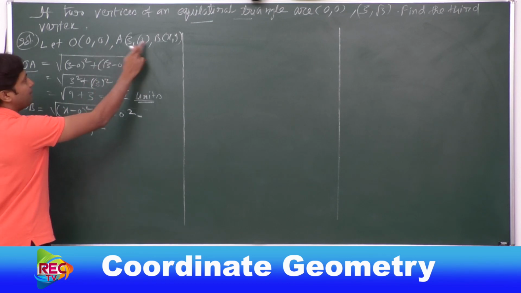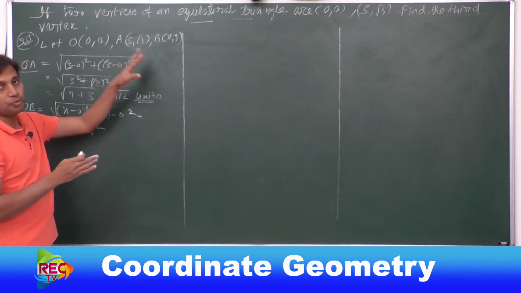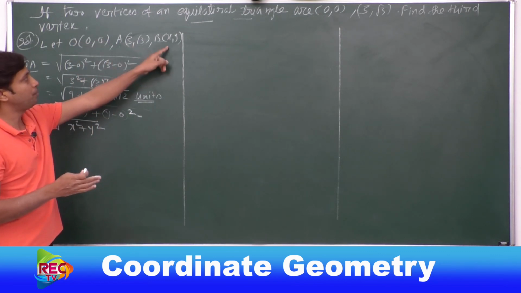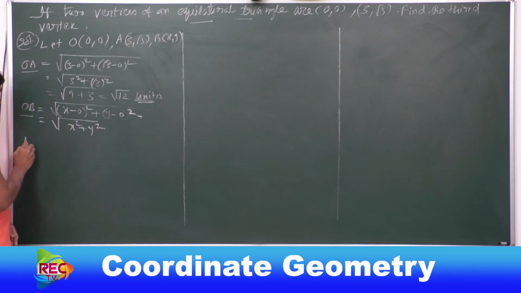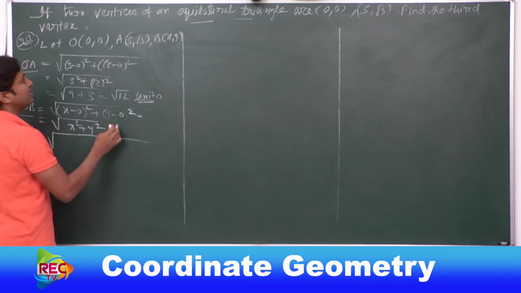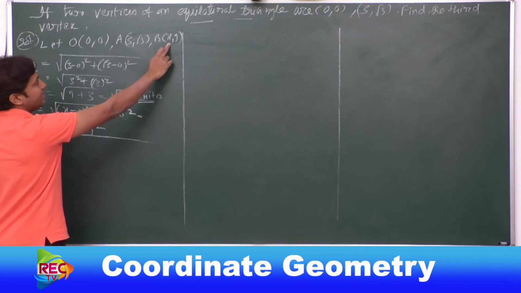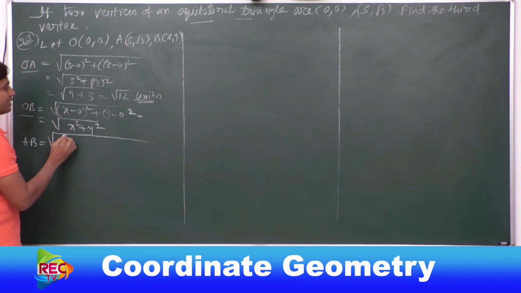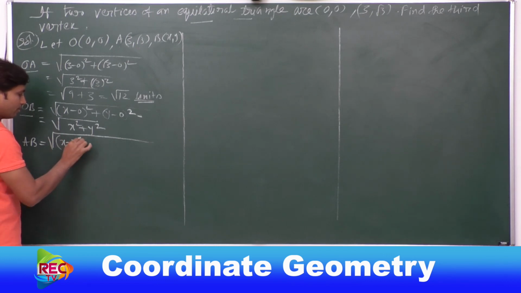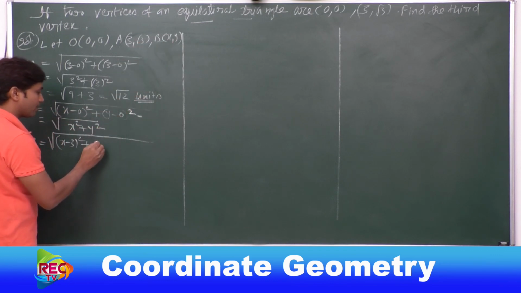Now let us find AB, meaning we are finding distances between every 2 points. We found OA and we found OB. Now we need to find AB, meaning all the lengths of the sides. AB equal to what? In this, 3 is x1, root 3 is y1, and x is x2 and y is y2. See here, x2 minus x1 whole square means x minus 3 whole square, and y2 minus y1 whole square, that would be y minus root 3 whole square.